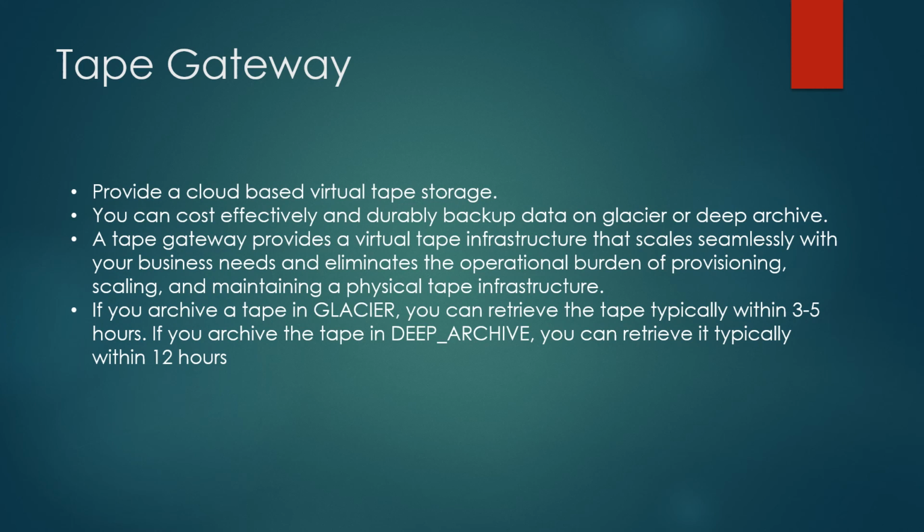After you deploy and activate a tape gateway, you mount the virtual tape drives and media changer on your on-premise application server as iSCSI devices. You create virtual tapes as needed. Then you use your existing backup software application to write data to the virtual tapes. The media changer loads and unloads the virtual tapes into the virtual tape drive for read and write operations. So this is another type of storage gateway that is provided by Amazon.